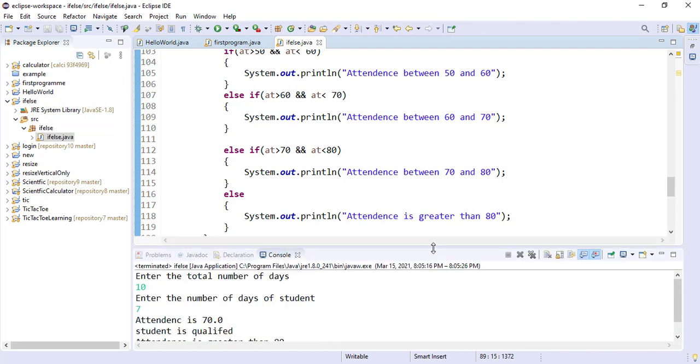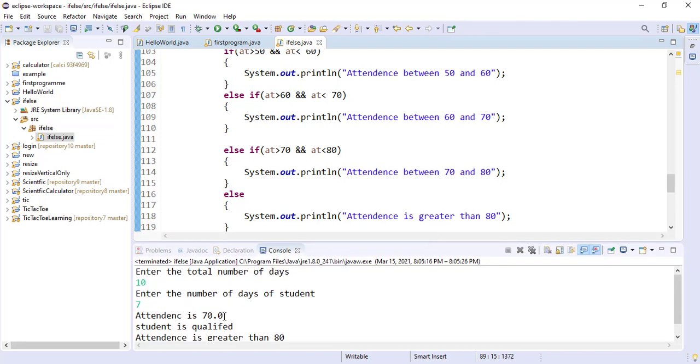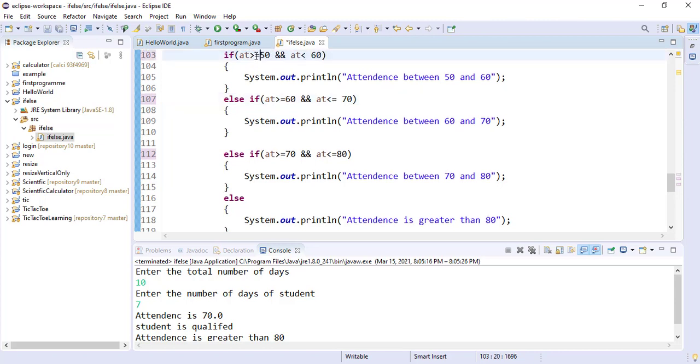So this code comes inside our else part. Why is it? Because attendance is 70. This else if only runs when attendance is greater than 70, but attendance is not greater than 70, it is exactly 70, so it automatically comes inside our else part. So I have to add one more condition inside this: greater than equal. So this is fine, greater than equal or less than equal. After this everything is going to be fine. Greater than equal and less than equal, and also add greater than equal and less than equal. So I press the run button again.